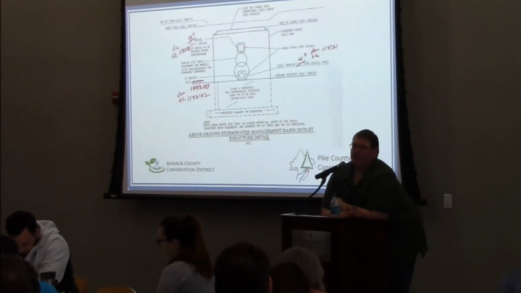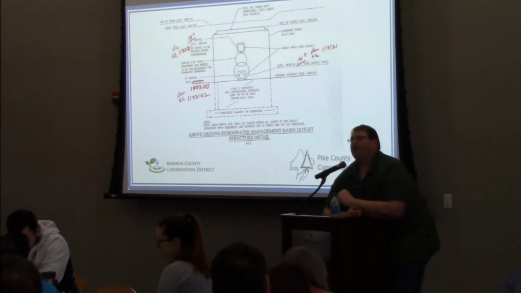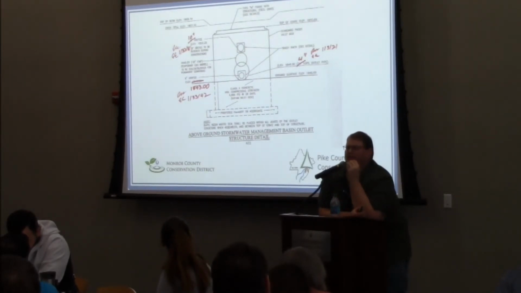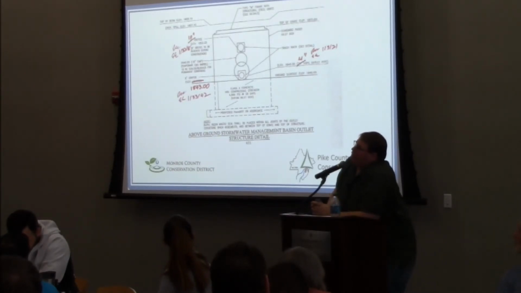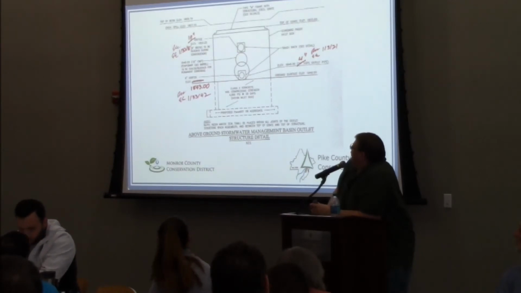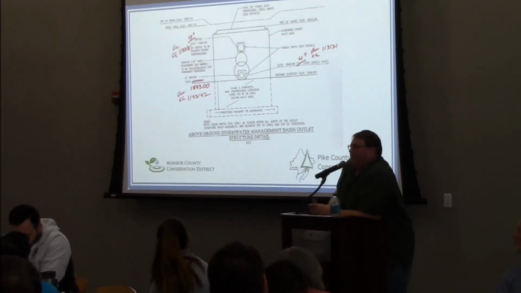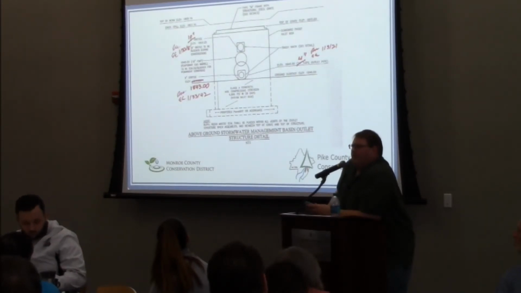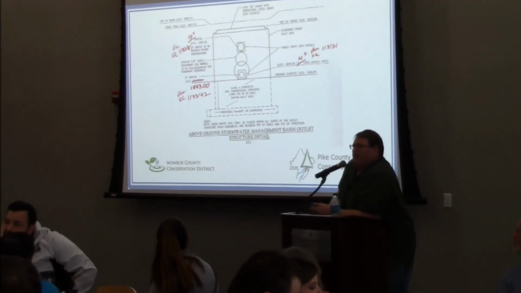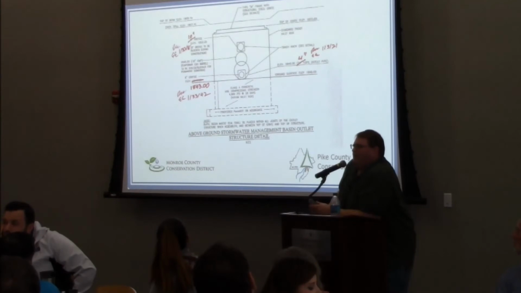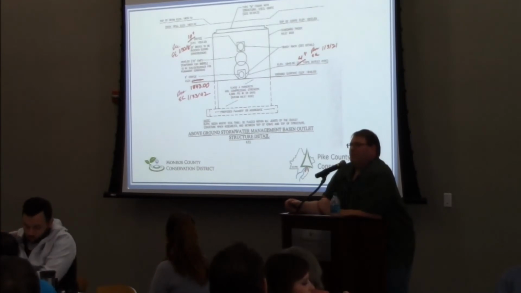Now here are some examples. Here's our friendly snowman, outlet control structure. We're looking at this, going from an 8-inch orifice to a 10-inch orifice, and then we're changing our 6-inch orifice down there at the bottom. Rather than having it at elevation 1846, it's now at 1843, so that's a 3-foot difference, and we're changing our outlet pipe from a 24-inch pipe to a 4-inch pipe. Chances are this is going to be a major modification. There's a lot of things happening here that would push you into major mod territory.